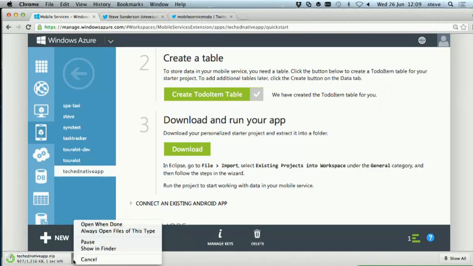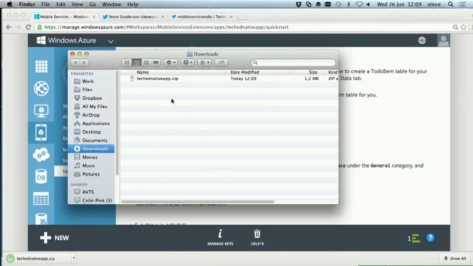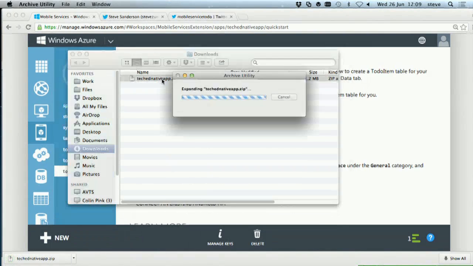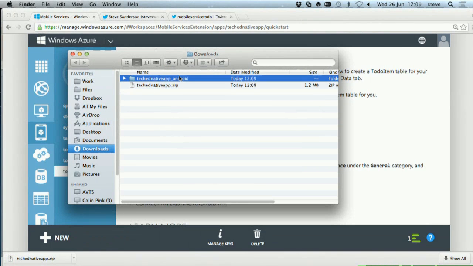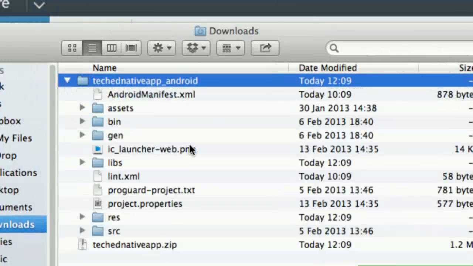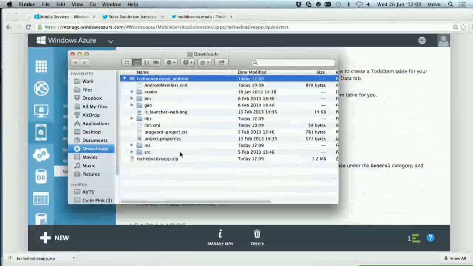So I'm going to open this project. I'll unzip it. It comes down as a zip file, and I'll extract that. And I'm just going to rename it to Android at the end there. So if I open this, you'll see loads of stuff related to Android development. How many of you have done Android development before? Ooh, that's more than I thought. That's like about 20%. All right, so let's have a go at actually running this now.